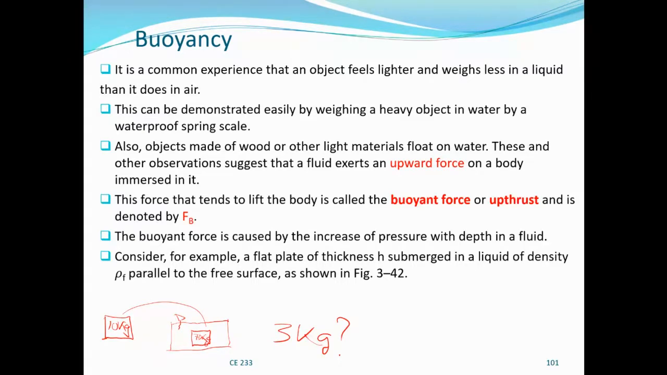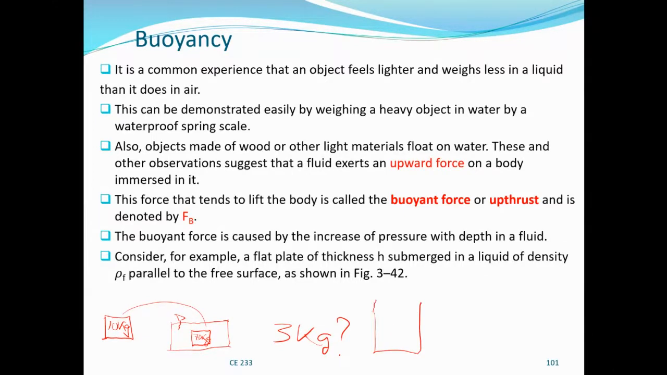Does that mean matter can be created and destroyed? Did you destroy the mass? No, you definitely did not destroy the mass. Okay, this object, 10 kg, when you immerse it in liquid,